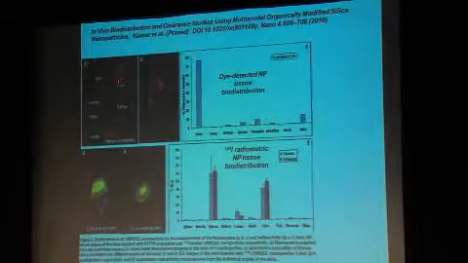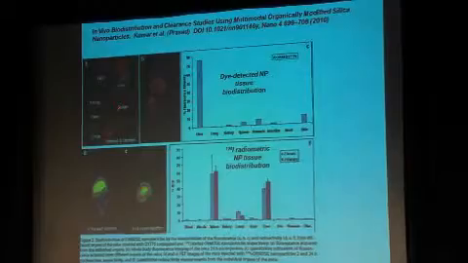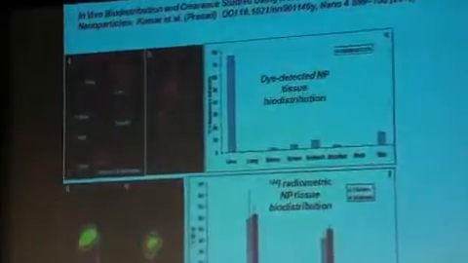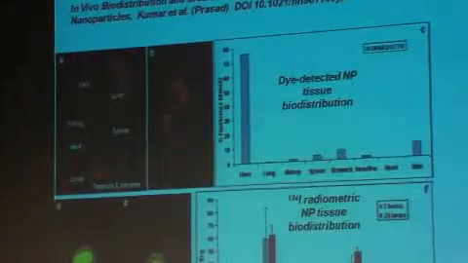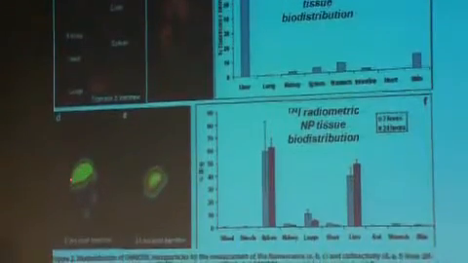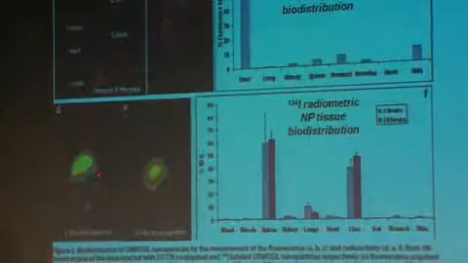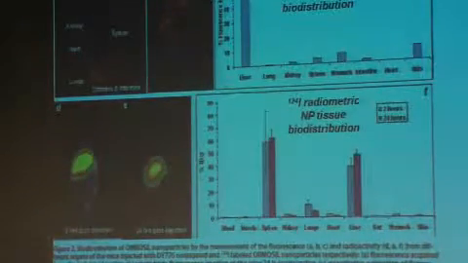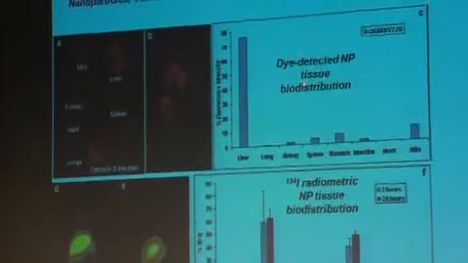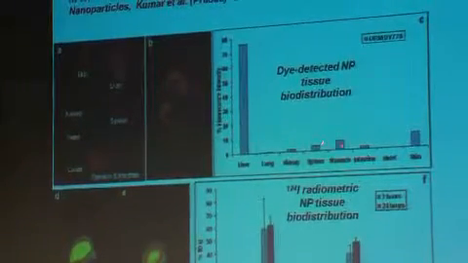So here are the images showing that we can label these particles, we can see them, and we see the liver lights up, the spleen lights up, the lungs light up, the skin lights up. And if we blow up the kidneys, we can see the kidneys blown up here. Then 2 hours post-injection, 24 hours post-injection, here's the liver showing how intensely the liver sequesters these particles.